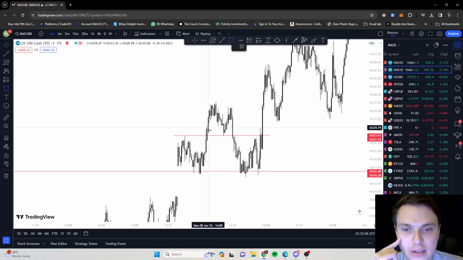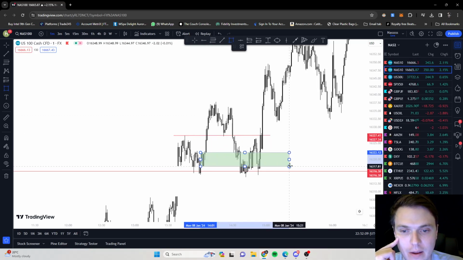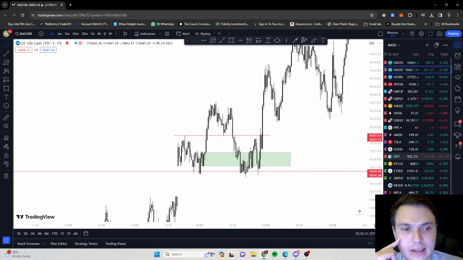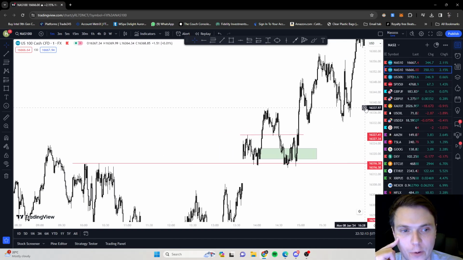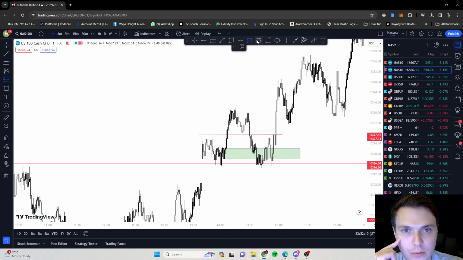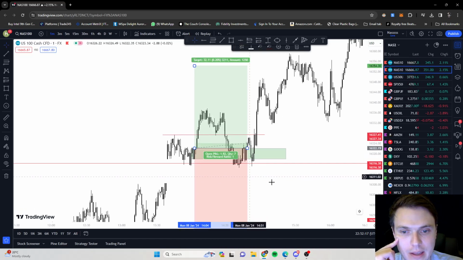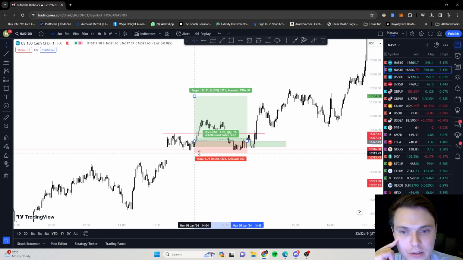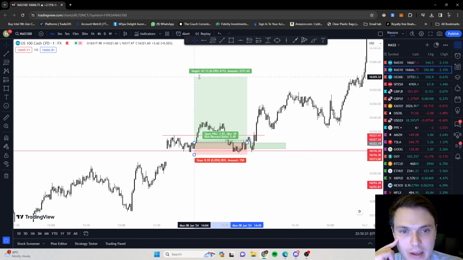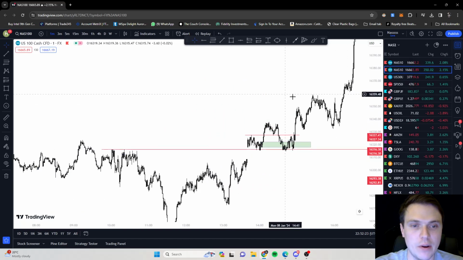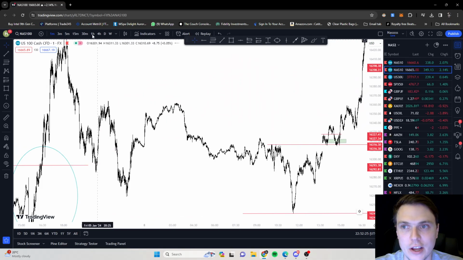So it broke this high. We're basically just going to mark out this order block, it retested this order block, and went up, which is great. So you will do something like this: buy there, put your stop loss below that low there, and your TP can go up. Now, an interesting thing about TPs is